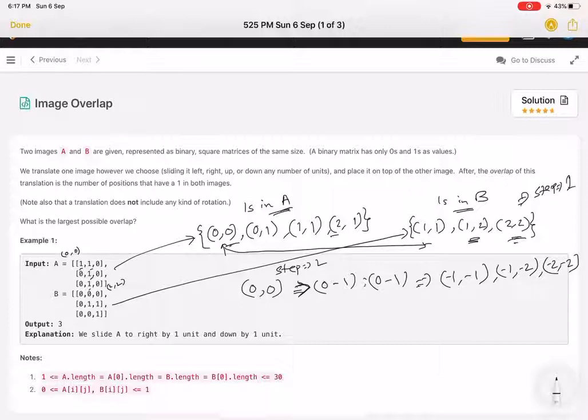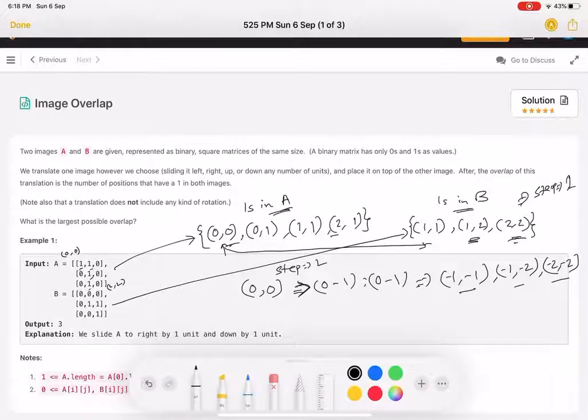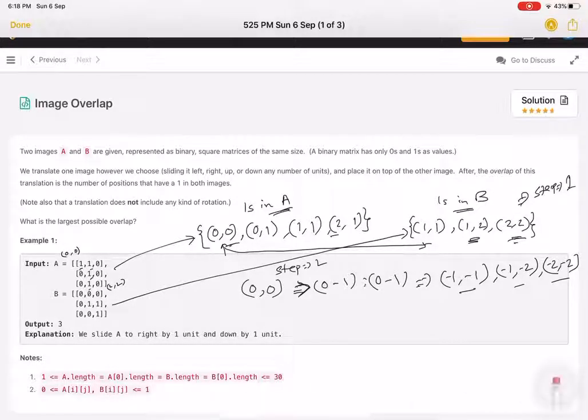Let's see what these coordinates tell us. Before reaching these coordinates, you must remember that we have just counted all ones in A and in B. So 0 0 is a coordinate where we get at least 1, and these are the coordinates in the B matrix, all of which are 1.